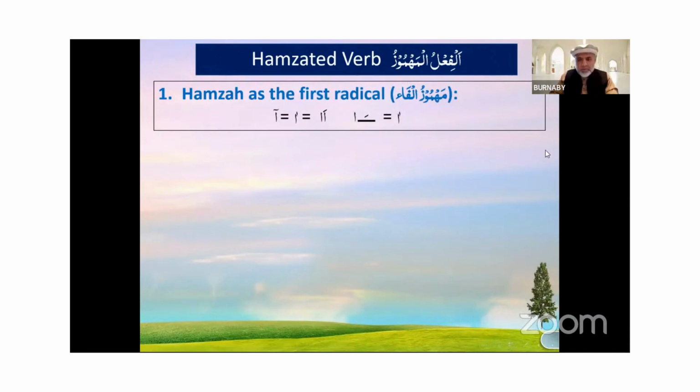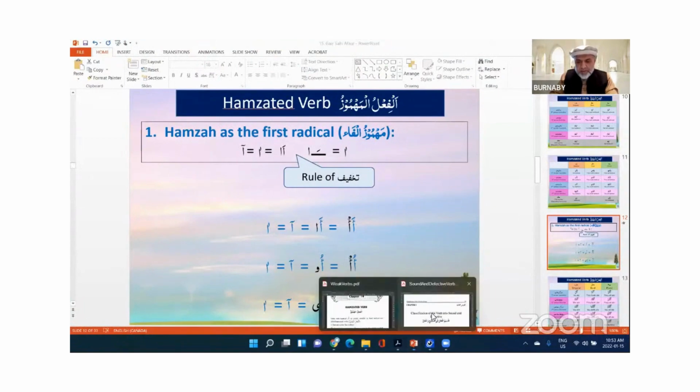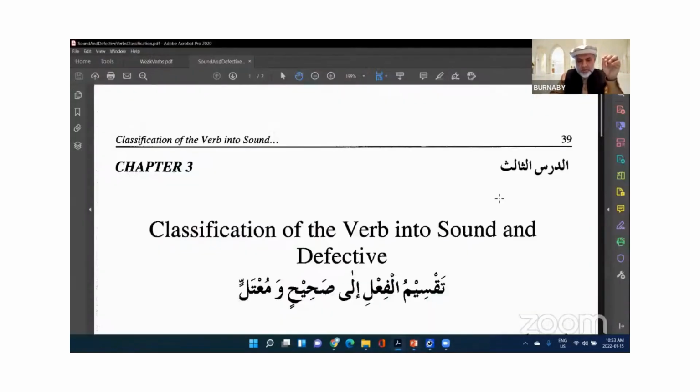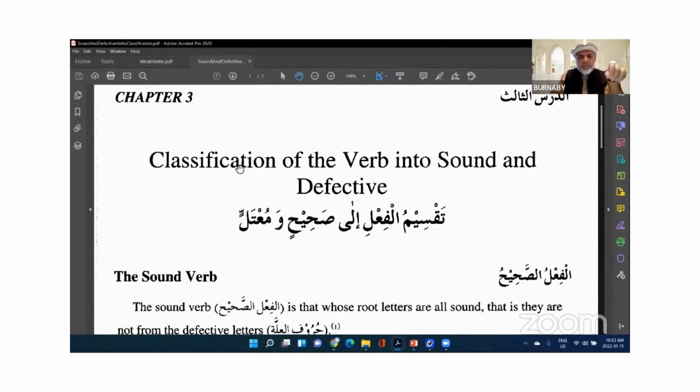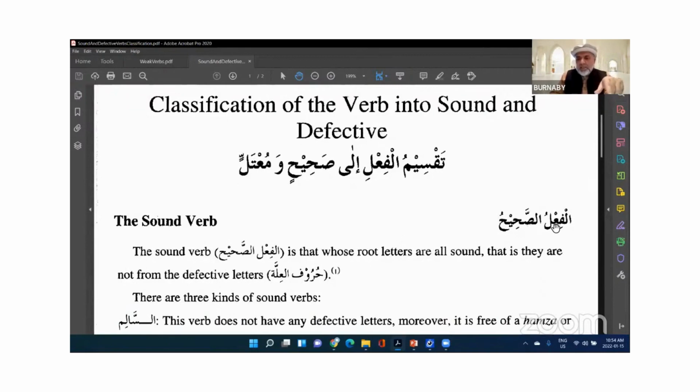So let me stop it here and show you something to give you more insight into this. What is the classification of the verb into sound and defective? Defective means ghair sahi, unsound, fail. Now if you can read the Arabic, it says taqsimul faili ila sahihun wa mu'attal wa mu'tal, meaning sahi,